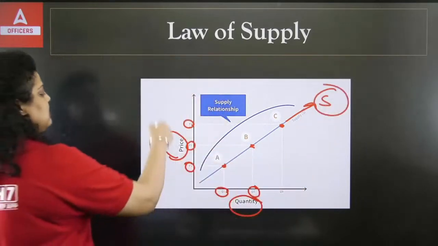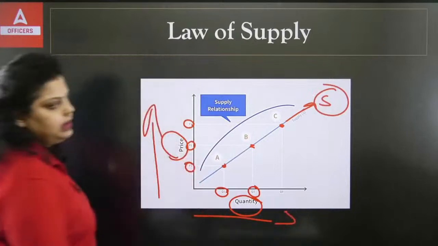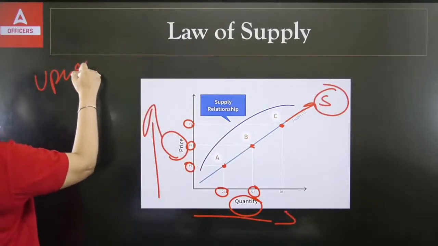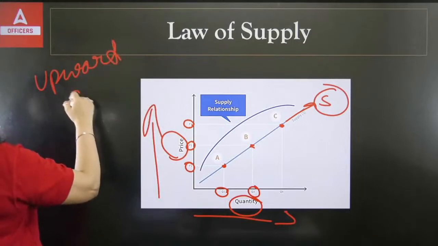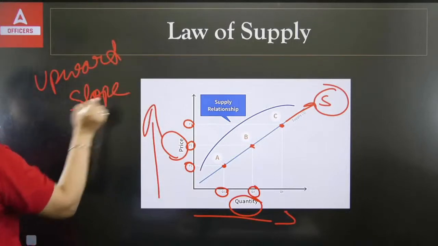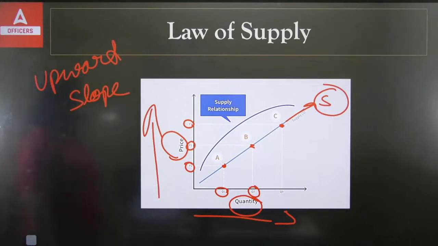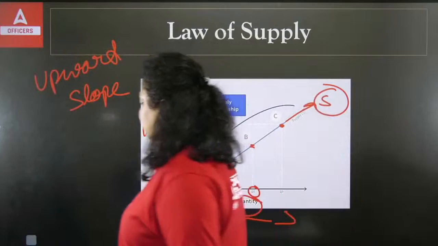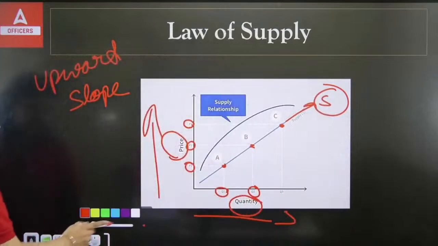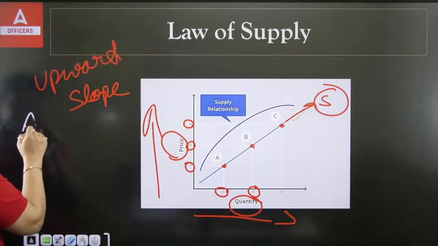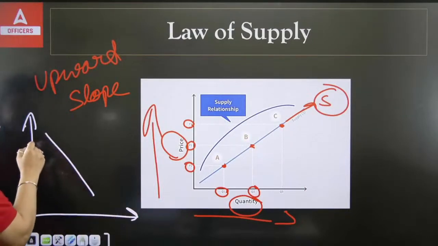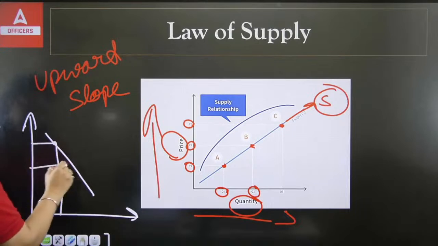So as the price is increasing, the quantity will increase. The law of supply curve has an upward slope. The law of demand has a downward slope. Why is the law of demand known as a downward slope? Because the law of demand will have this kind of slope, and this is how you can relate price and